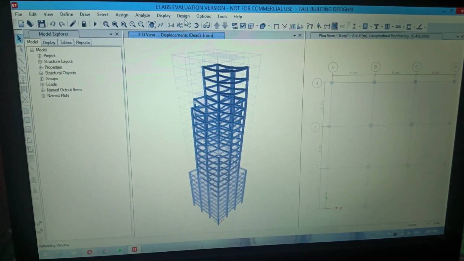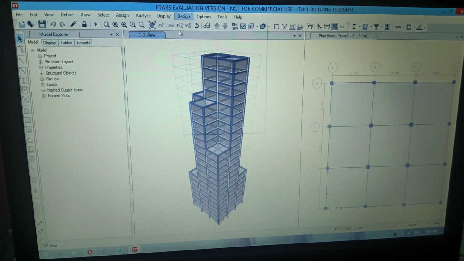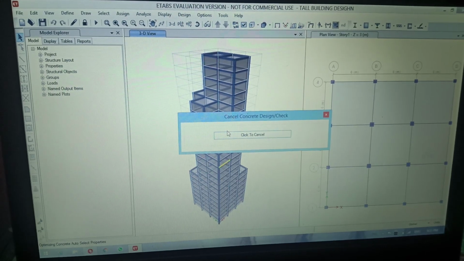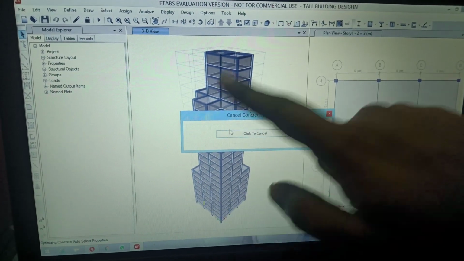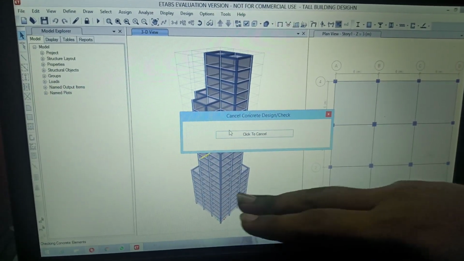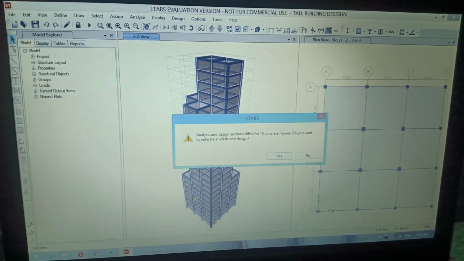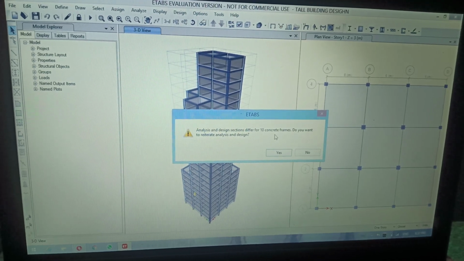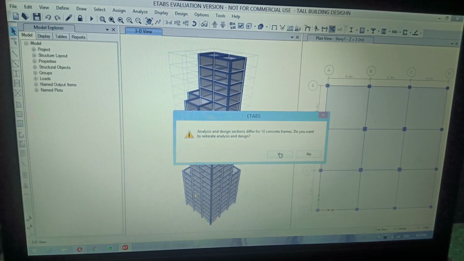Now again go to the design menu. Again the concrete design is going to be checked. This is the second time checking after analysis. You can see that yellow symbol is checking all the 23 floors, and we can see some parts having only slab because it is a different one. After analysis and design check, again 10 concrete frames are under failure, means now it is going to take the next third bigger size. Again click on S.